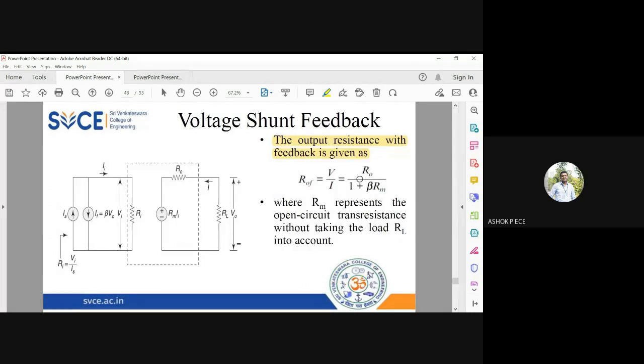Here also you see I'm getting Ro, the output resistance of the amplifier, divided by 1 plus beta into Rm. So my output resistance is also logically decreasing. This is acceptable for me because for any amplifier, the input resistance should be very high and the output resistance should be very, very small so that effective power transfer takes place. Okay, so Rof is decreasing here, and mathematically we have seen that Rif is also decreasing. That is not good, but on the output side I'm okay because Rof is decreasing, which is very good for me. And as usual, this Rm is without feedback, without RL, and R capital M is without